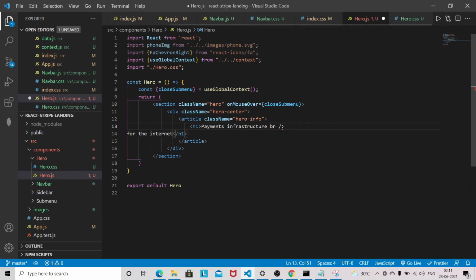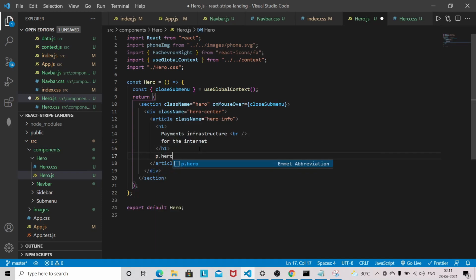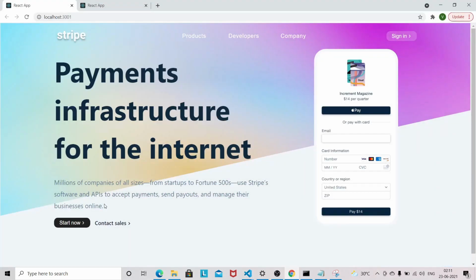Let's remove this one. So now we'll have a p tag. So give the class name hero text, and again I'm going to copy this paragraph from our demo app.